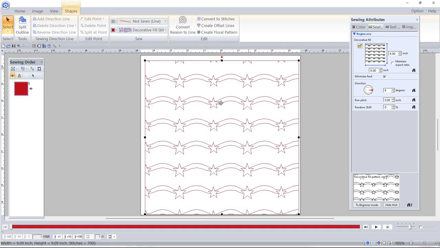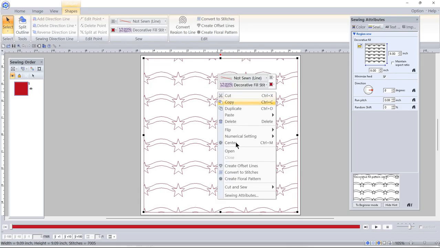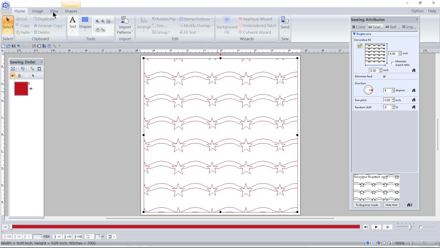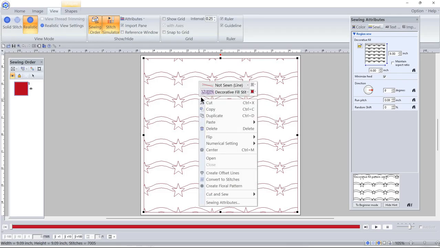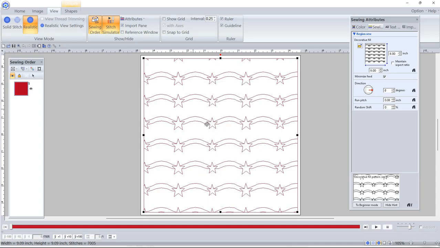All right, so you see how it comes up. Let me center this. Now, I do a lot of right-clicking and using my menu instead of going up here and using these menus. I just find it a lot easier, so I right-click, and there's my decorative fills. So I centered my